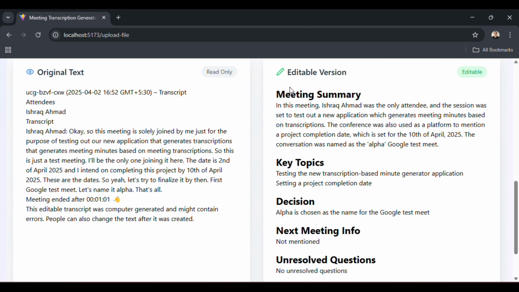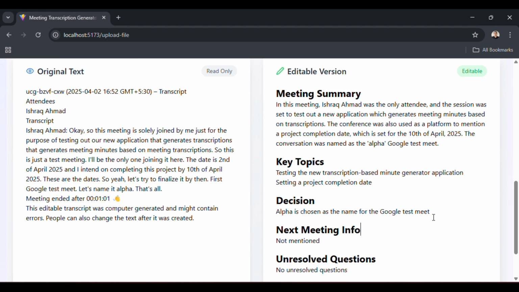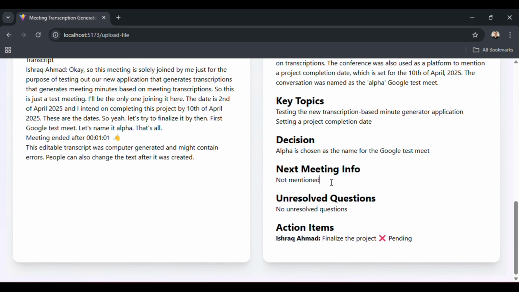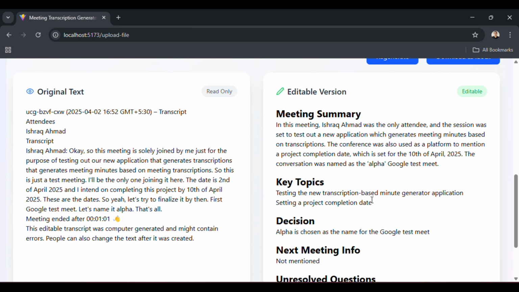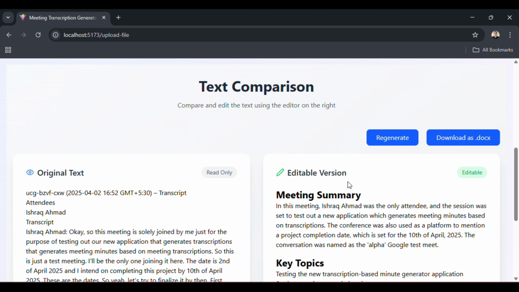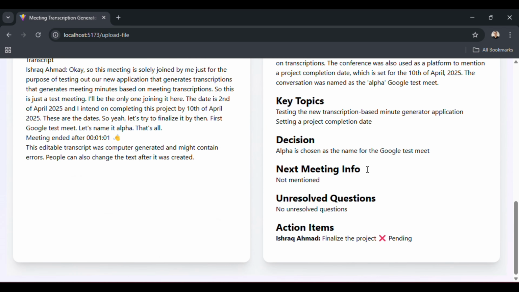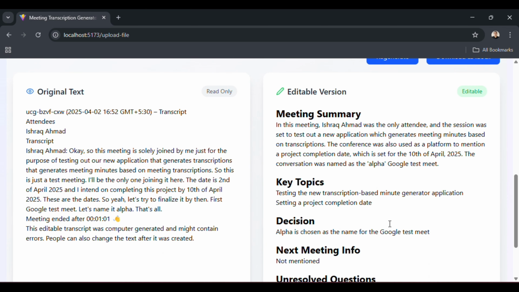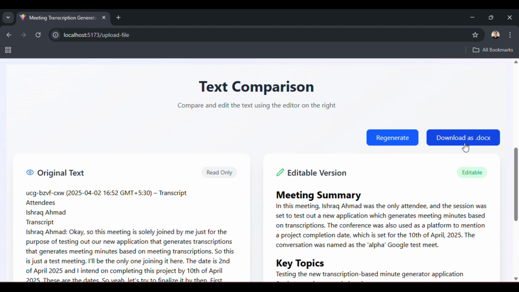And what we get here is the meeting summary, the key topics, the decisions taken, if any, the next meeting info, if it was decided by the attendees that they are going to have another meeting as a follow-up to this one, any unresolved questions, and the action items. These are all generated by the application based on this transcript. The version here is also editable, so if you want to add or remove anything, you can just manually do so and then download the